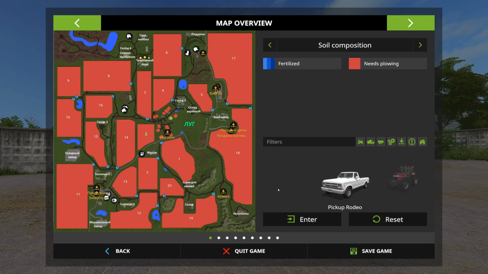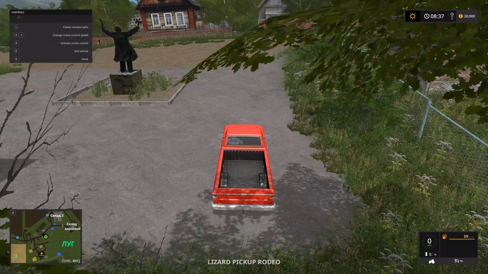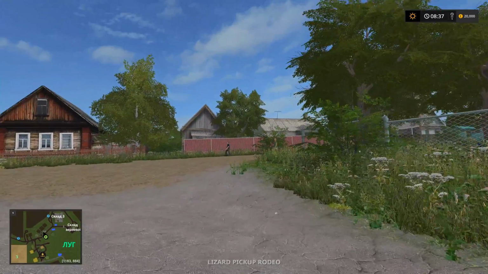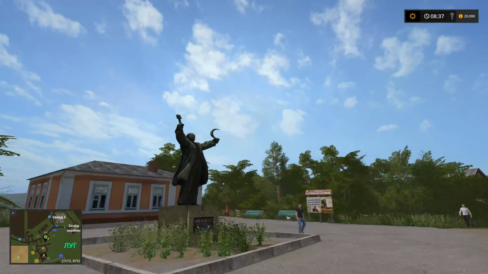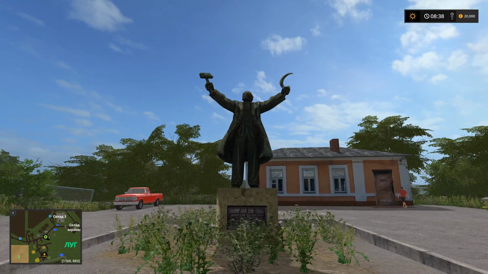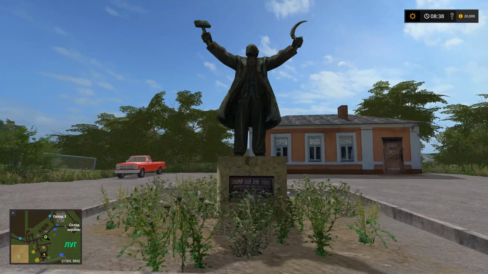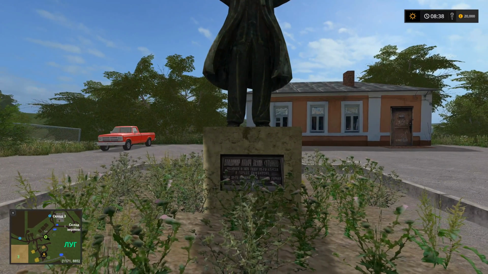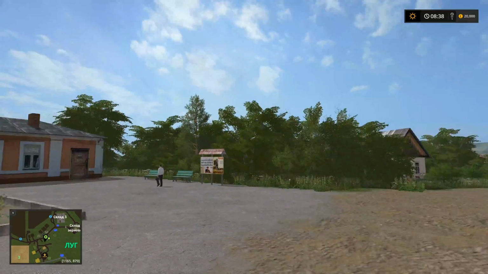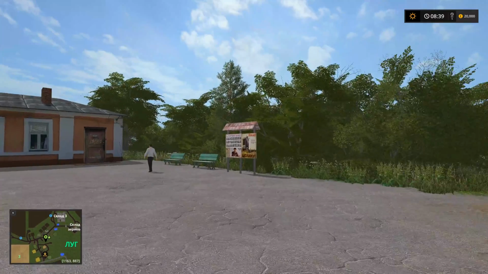Okay, let's pop down here because that's where our pickup truck is. Aha. So this is the kind of Lenin statue here in the kind of town square. We've got the little